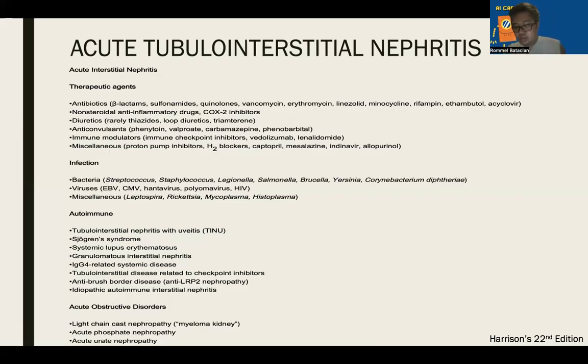So it is an immune-mediated injury in which the drug or the antigen from the infection or the autoimmune disease acts as the hapten, which binds to the tubular basement membrane proteins. So it triggers a T cell response. So the CD4 and the CD8 T cells infiltrate the interstitium, causing the release of cytokines and therefore leading to tubular damage, interstitial edema, and inflammation. So there is interstitial edema and infiltration of the lymphocytes in the tubules.